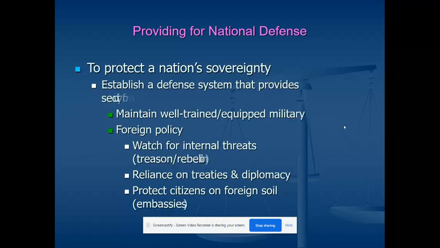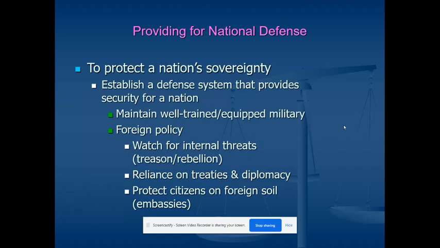So we have the Army, Navy, Air Force, Marines, and Coast Guard, and they are the physical force between us and foreign entities. But we also have foreign policy programs where we have ambassadors who are liaisons between governments and try to open the doors of communication when those are shut. We have the National Security Council, who tries to make sure the protection of the nation happens from a national